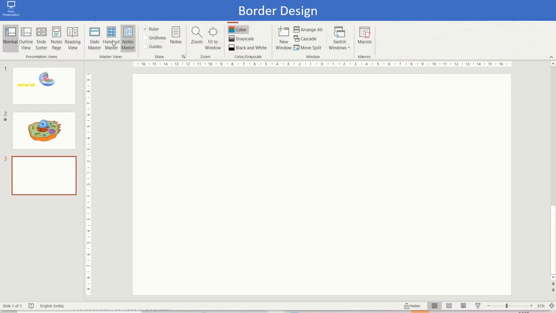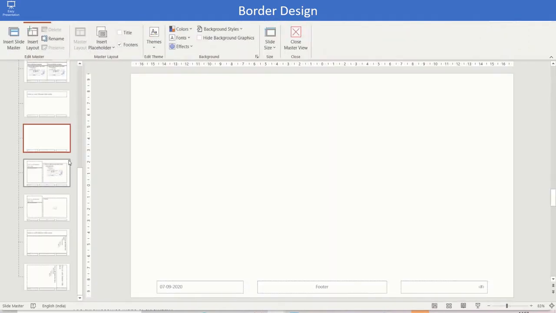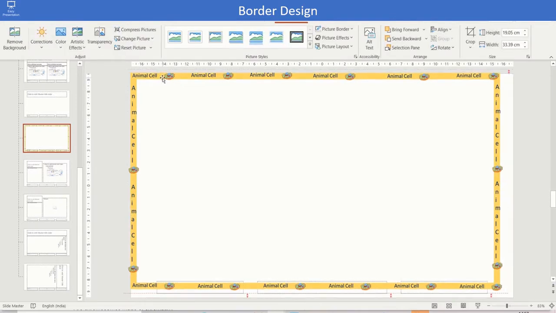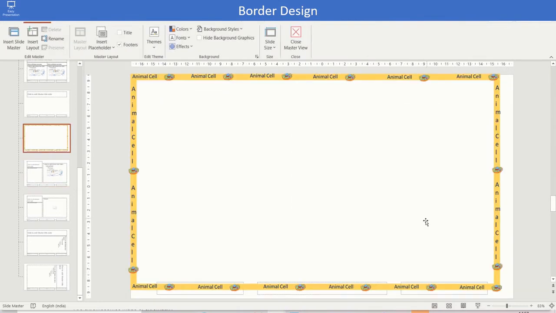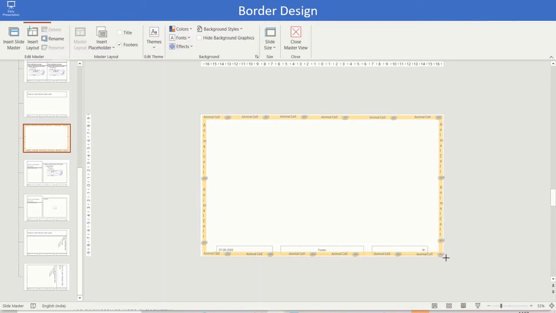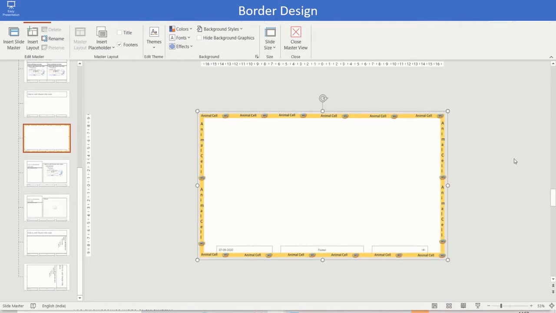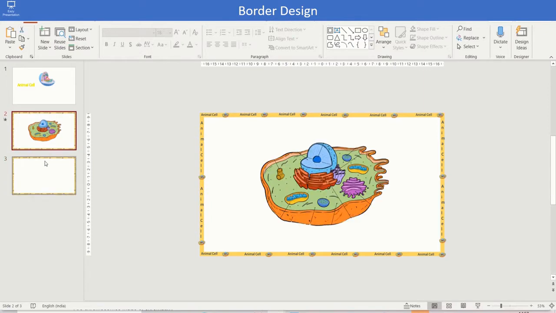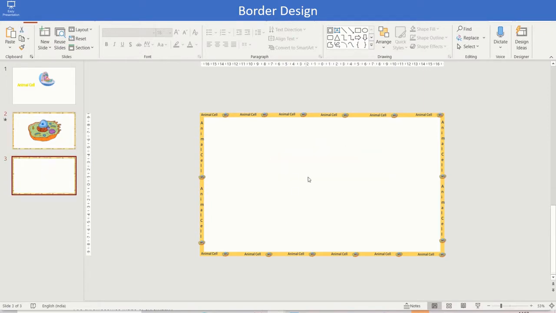Go to the View tab, select the Slide Master, go to the blank slide and paste it. Resize to fit the entire slide. Close the master view. Now the border is applied to all the blank slides which you insert in the PowerPoint.